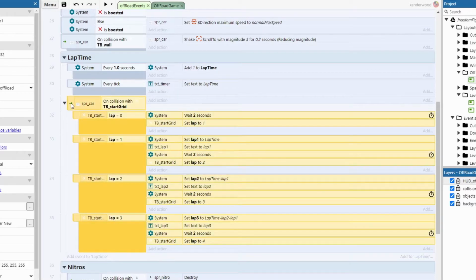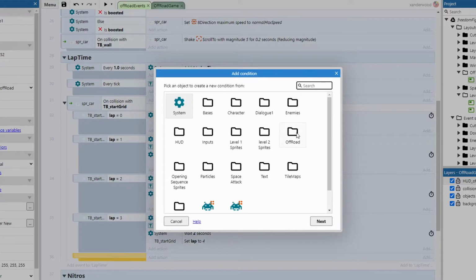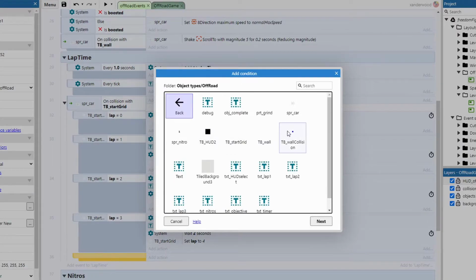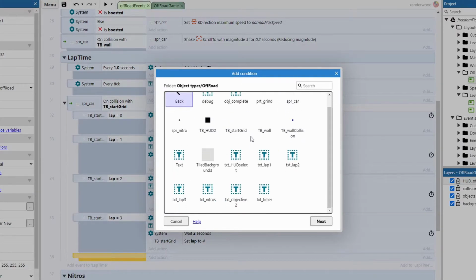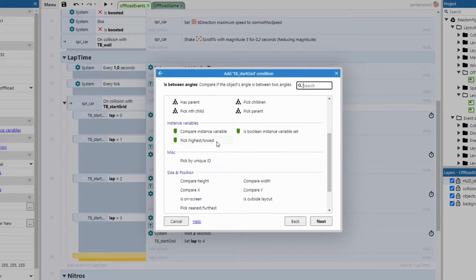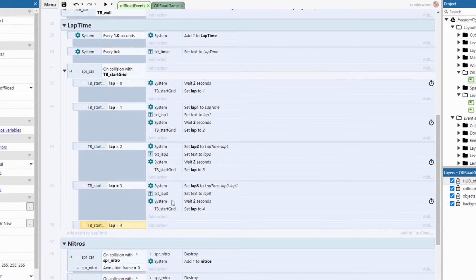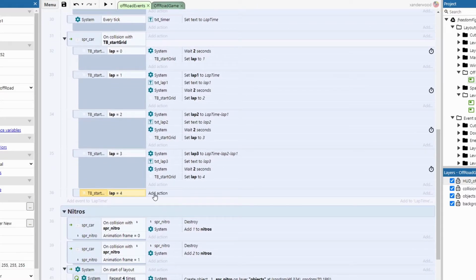Let's click on this whole block and hit B, add another sub event, and we're going to say the same thing again. So we're going to say TB start grid, and we're going to compare the instance variable, and if the lap is equal to 4, so if it's the 4th time round, obviously we don't want to do 4 laps, then what we're going to do is